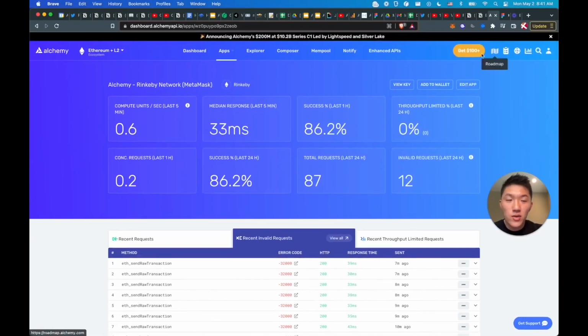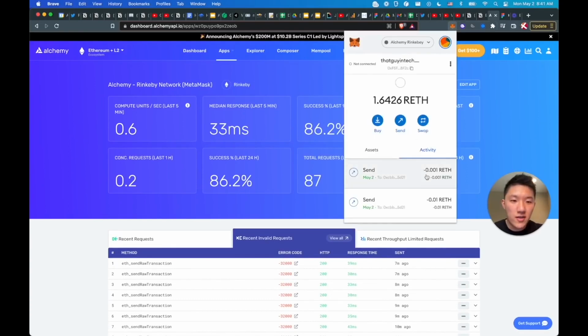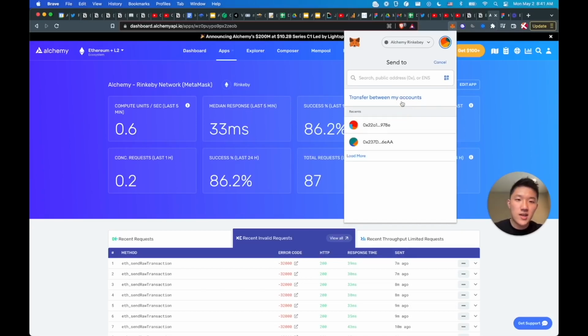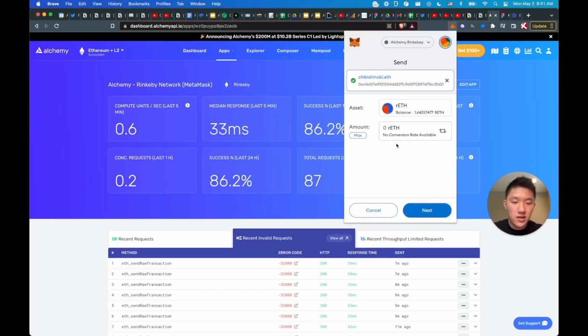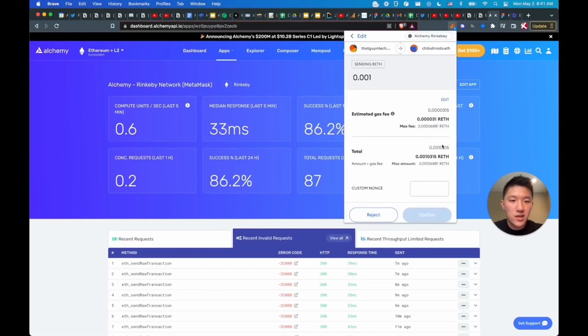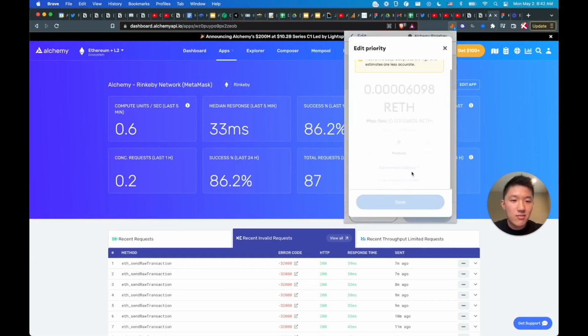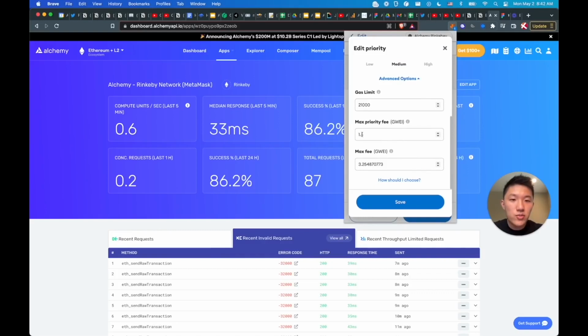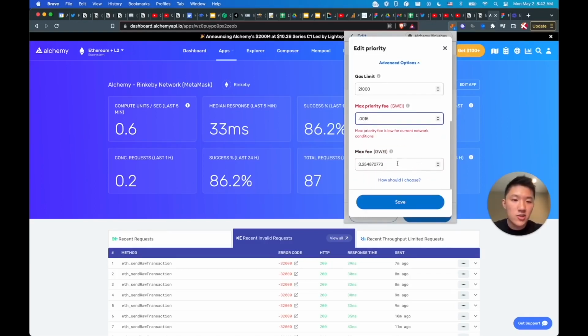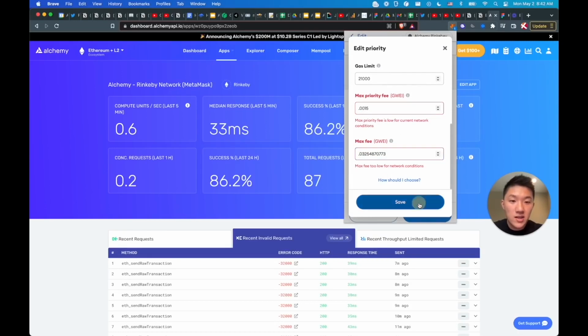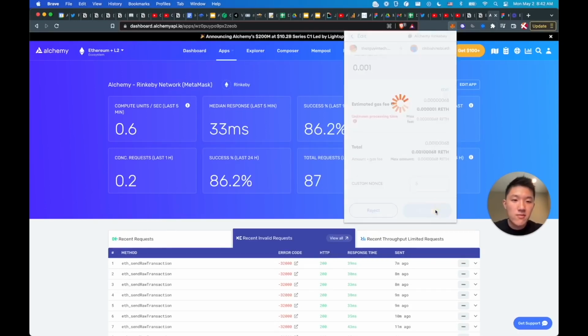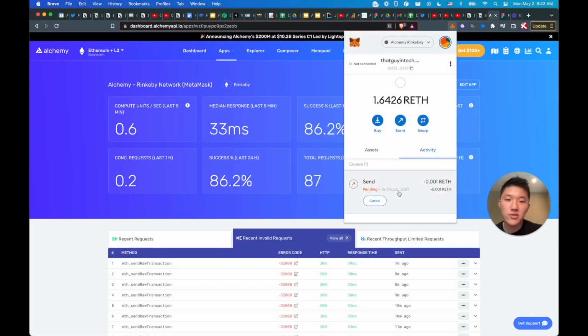Cool. So one thing I do want to show you that's interesting is when I submit a transaction, and I actually have one right here that I want to send. So let's transfer between my accounts. I'm just going to send a tiny amount of Rinkeby ETH, but I'm going to purposefully edit my gas fees to be super, super low so that the node will not send the transaction to be mined, or there are no miners that will pick it up. You can see here, I've divided the priority fee and the max fee by a ton. So it's super low. And if I confirm that in the MetaMask UI,